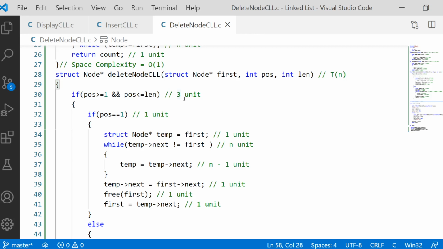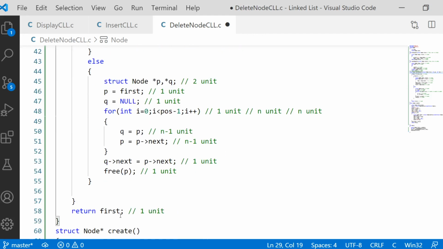So, 3 units for that. And for checking this condition, 1 unit, 3 plus 1, 4. 4 plus 1, 5, 5 minus 1, 4, 4 again plus 3, 7. Totally 7 units plus n. We have only 2n available, so it is 7 plus 2n. So the equation for deleting head node is T of n is equal to 2n plus 7. Sorry, one more 1 unit has to be added for returning first